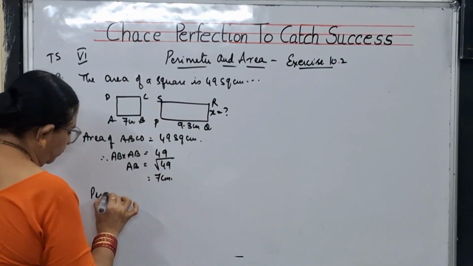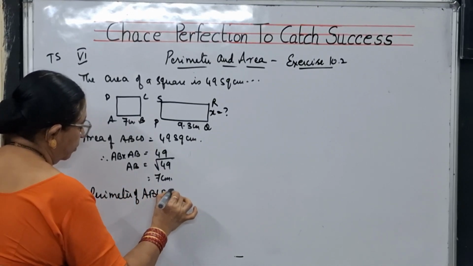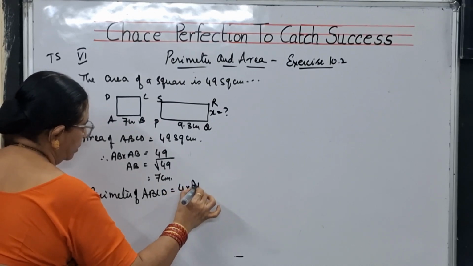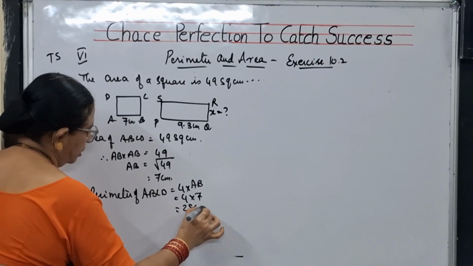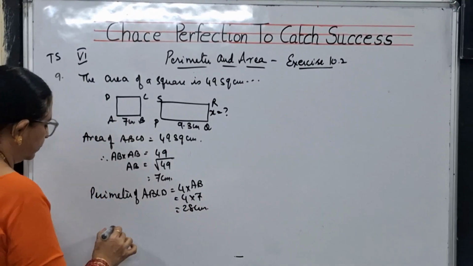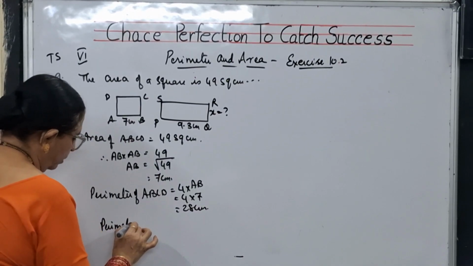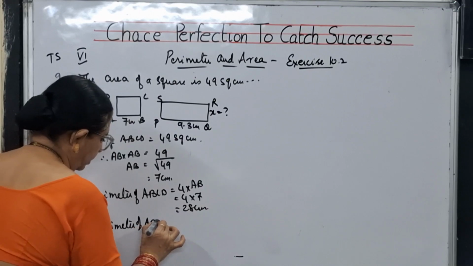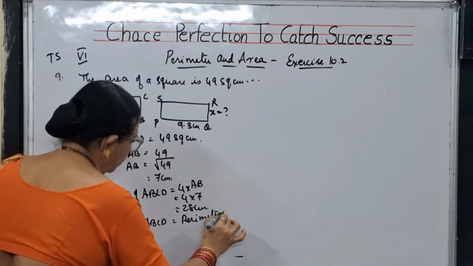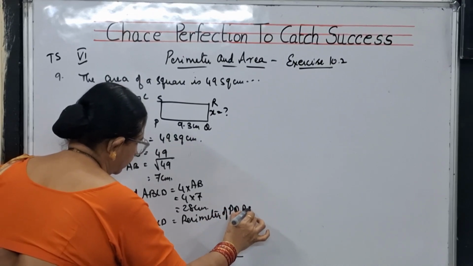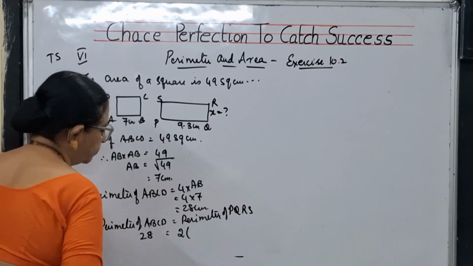So let us find out the perimeter of ABCD. It is a square, no? 4 into side AB, that is 4 into 7, 28 centimeters is the perimeter. So, perimeter of ABCD is equal to perimeter of PQRS. Perimeter of ABCD is 28, which is equal to 2 into